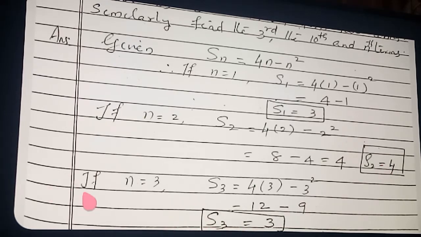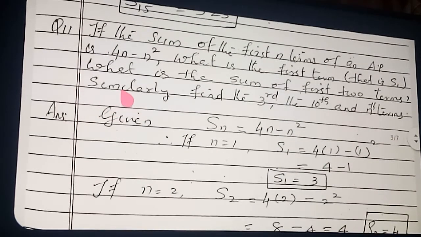Yes. Now if n is equal to 3, n is equal to 3 not asked. So for finding out the common difference, if you need you can write. S3 is equal to 4 into 3 minus 3 square. 4 into 3 how much? 12. 12 minus 9 how much coming? 3. So now we found out S1, S2, S3, S3 not asked even though I wrote it here. S1, S2, S3 you know. Your question, read now. What is your question?